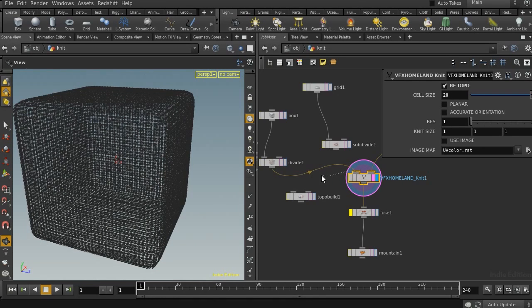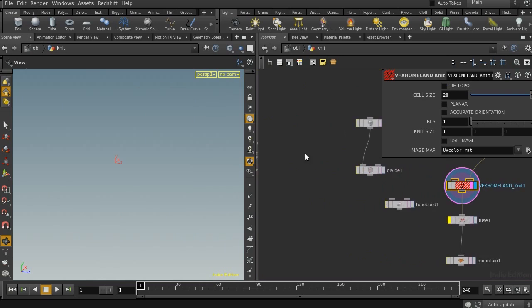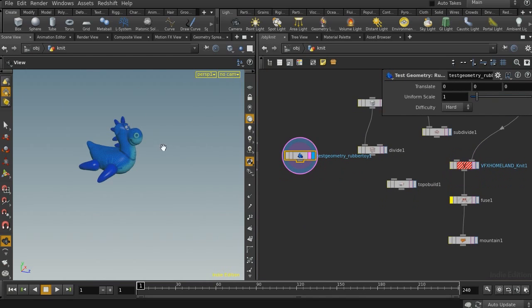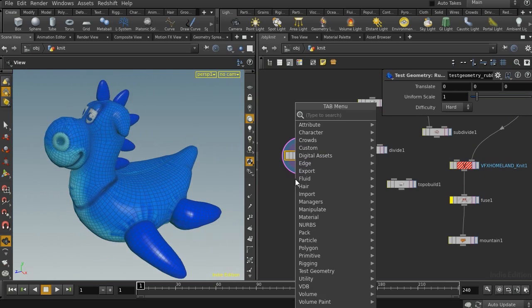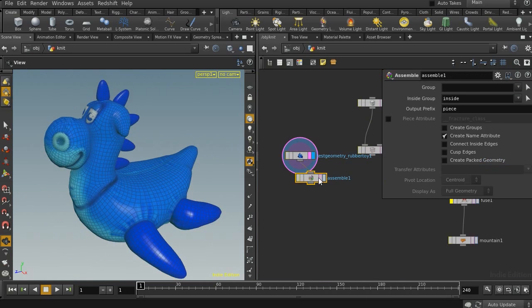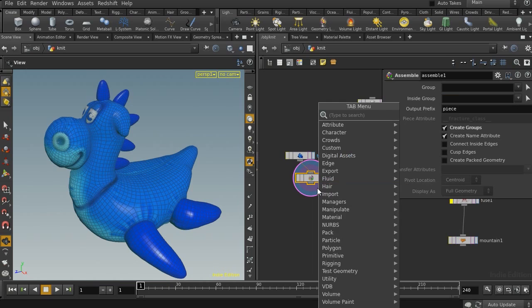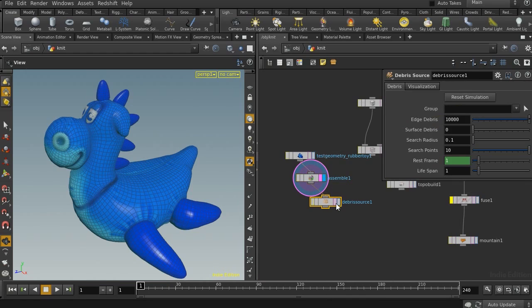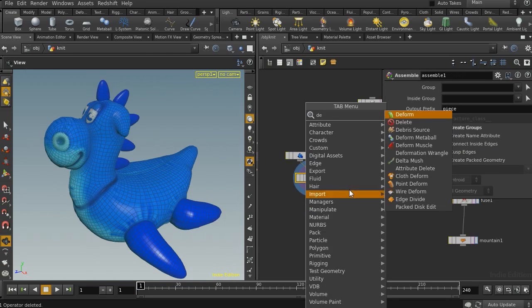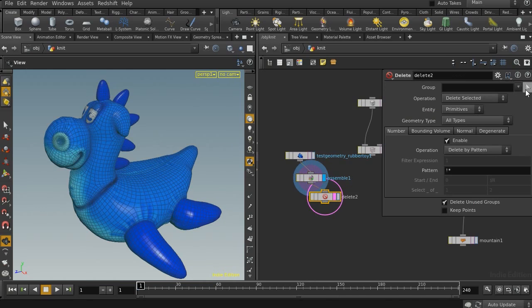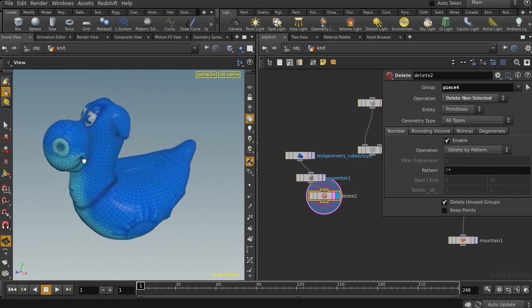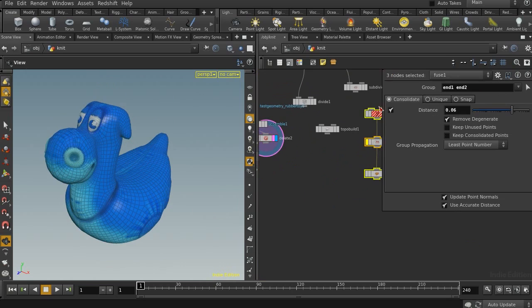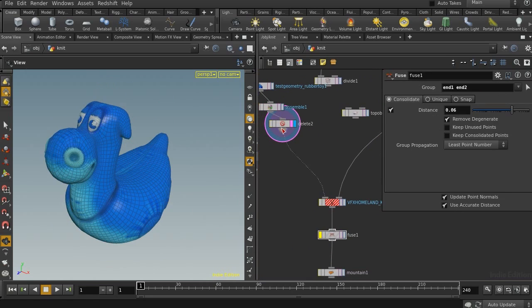Okay, let's disconnect this box and let's turn off the retopo option, and in this example let's use one of these test geometry, and for faster feedback let me delete every part and just keep the main body of this geometry. So let's delete the unnecessary parts. Okay, now we have just the main body, and